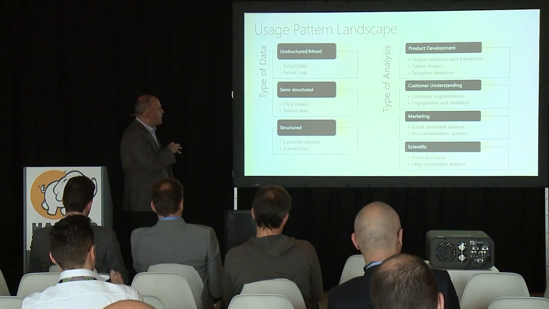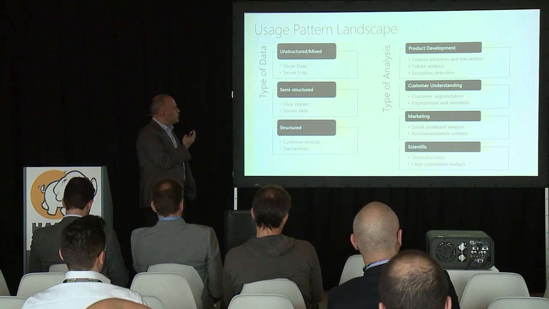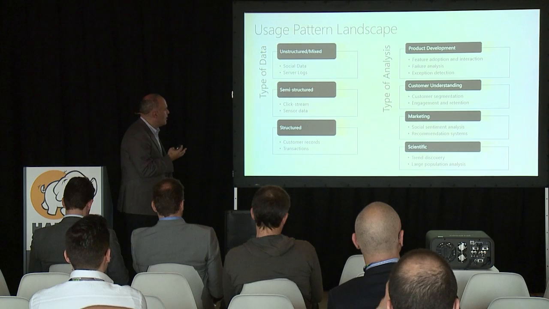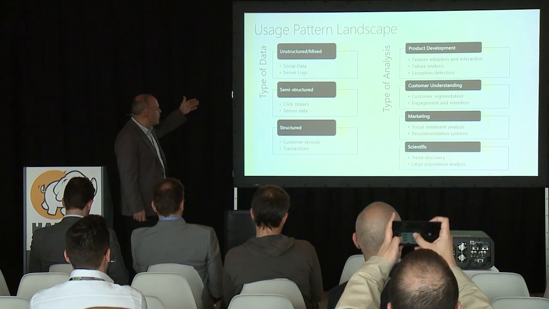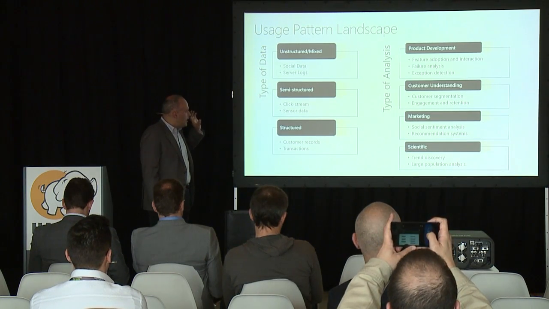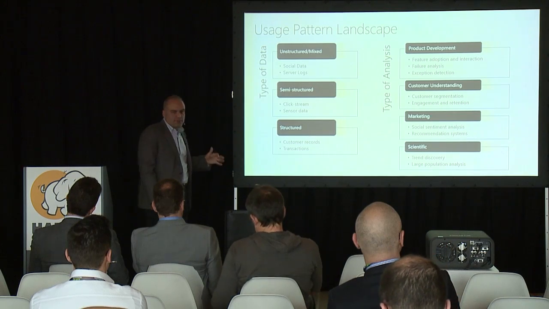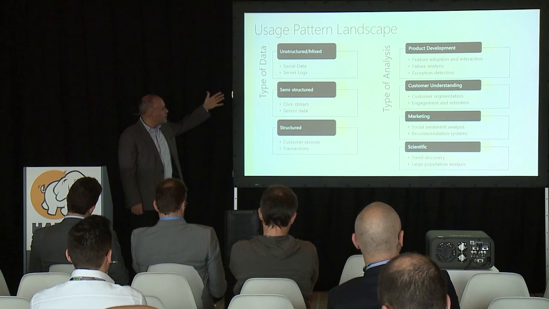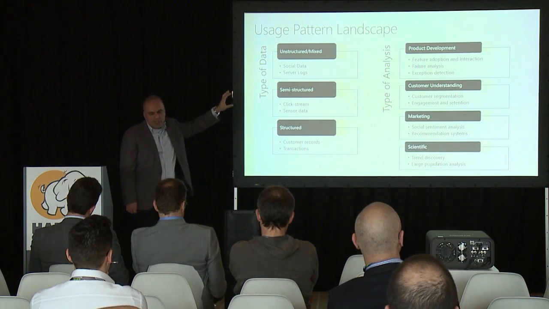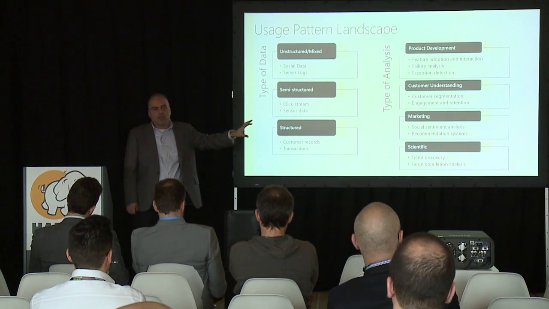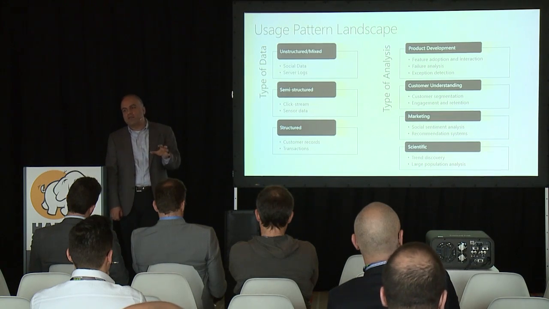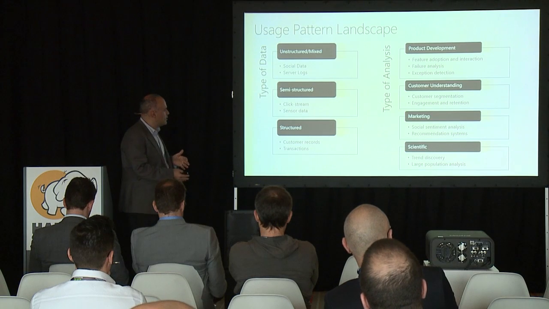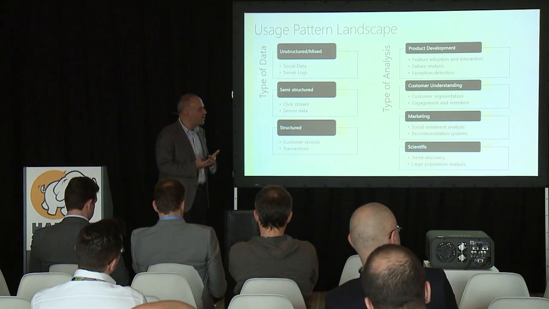One is the type of data, and this is not a surprise. So definitely there's unstructured or mixed structured data that's being heavily pulled upon, like social data, server logs, things that are more semi-structured, click streams. A lot of IoT cases, of course, have sensor data. What I would say on this side is I've put mixed at the beginning, but really most of the use cases that we observe are mixed data types. There's a mix of unstructured, semi-structured, and traditional structured data being pulled in together.